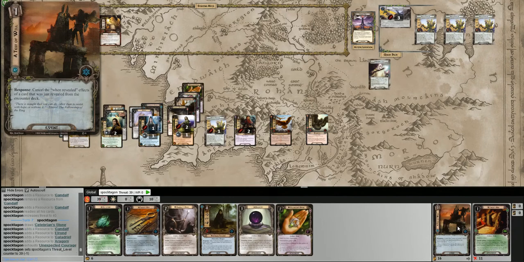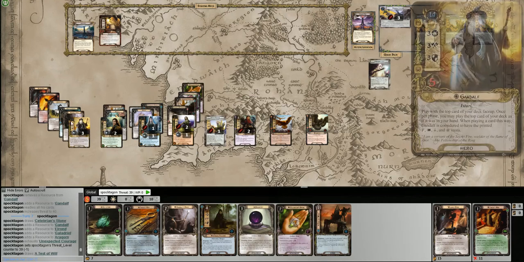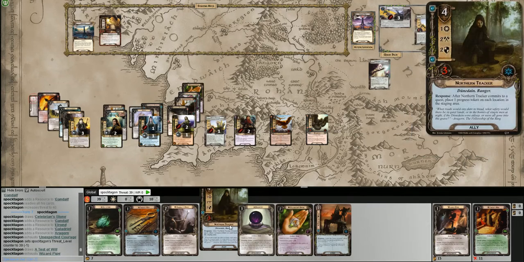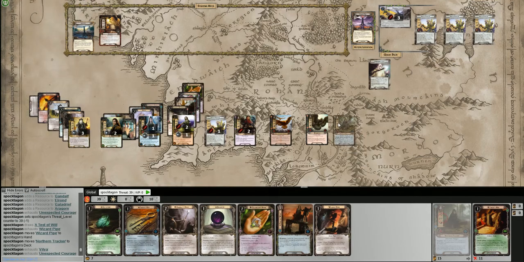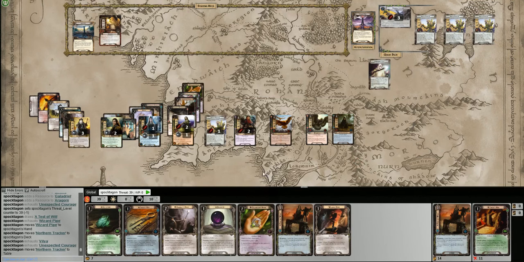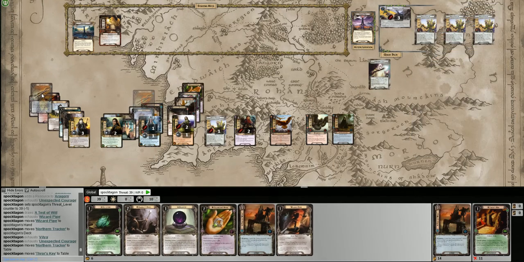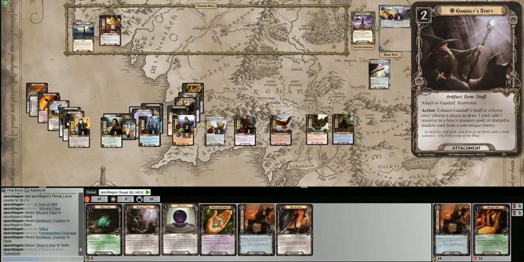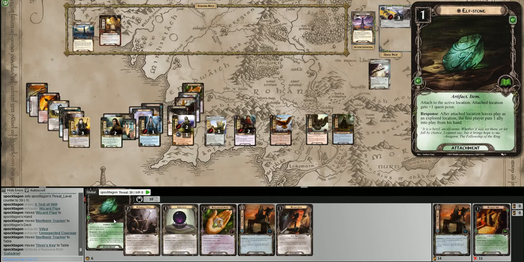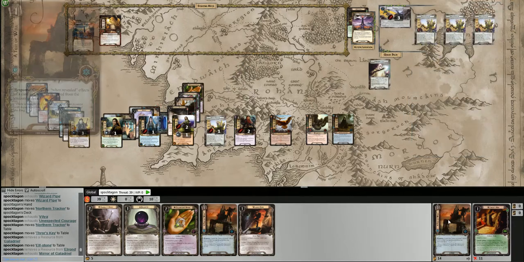Trigger Galadriel, draw a card. Let's trigger the pipe and get the tracker onto the top of the deck and play it with Elrond and Vilya. I mean, might as well play Thror's Key down on Gandalf for 1 spirit resource. And while we're at it, yeah, let's play down this Elfstone on this active location and try to grab a,